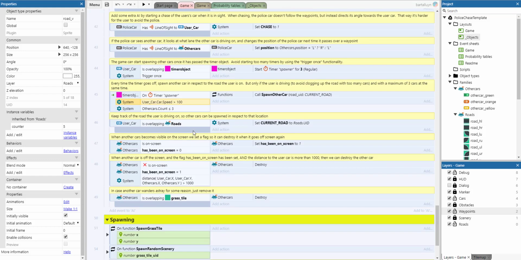Keep track of the road the user is driving on, so other cars can be spawned in respect to that location. That's what I'm doing here. Every time a user car is overlapping a road, the current road is set to that road, always augmenting. When the other car is on the screen and it has been on the screen, we set a flag, and then if it's no longer on the screen and it has been on the screen and the distance is far enough from the user car, we just destroy it. And if we're overlapping